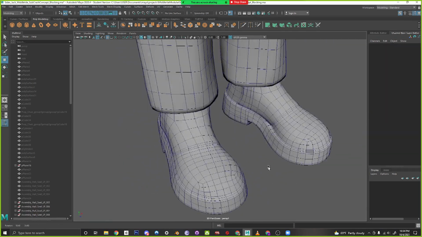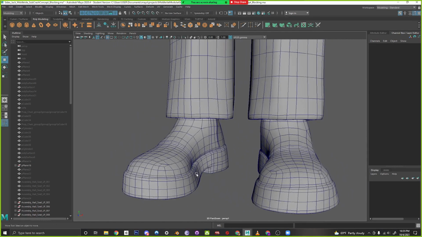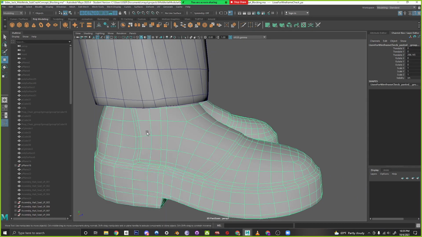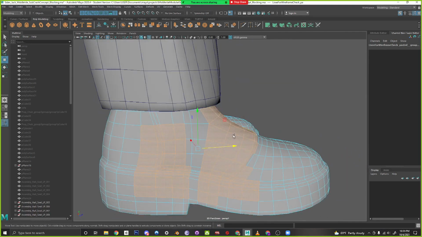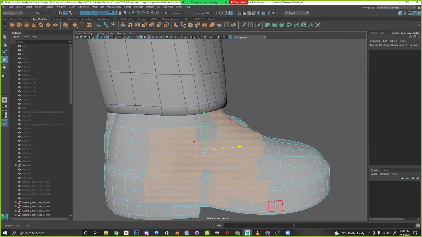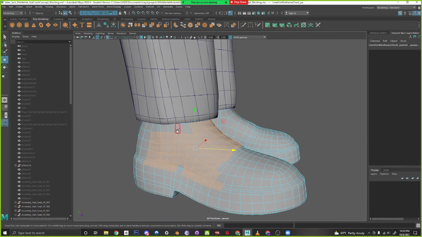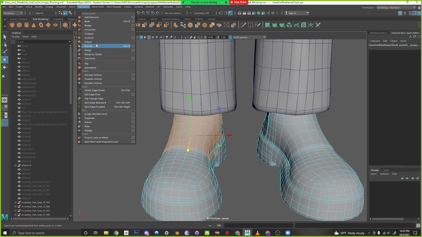I think that I would like the shoes as separate pieces. So basically, you can grab these faces here for these separate pieces, separate them out, and then layer them on top of everything else, right? So if I say